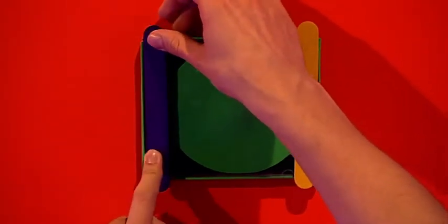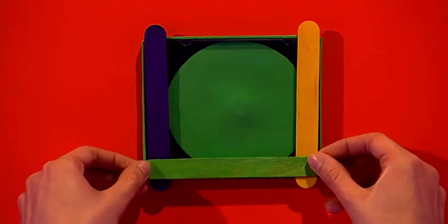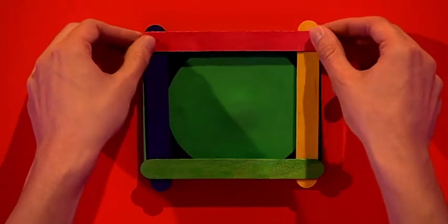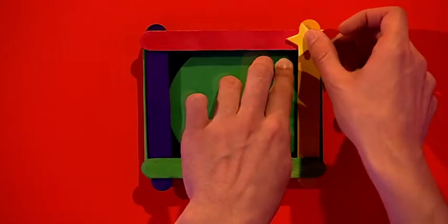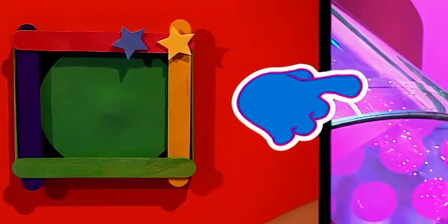And these are great because you can buy packs of these multicoloured lolly sticks in craft shops and big stationers really cheaply. Just arrange them around the outside edge of the front of the CD case to make it look really frame-like. Now to finish off your frame, stick on some fun foam shapes. We're going to use these stars. And once you've finished, just slip in your photograph and you'll have something like this, a really unique photo frame,